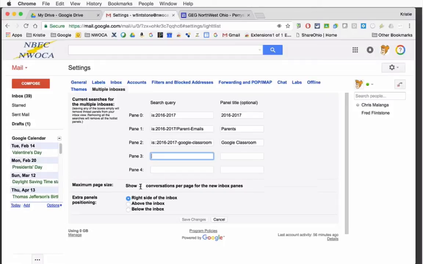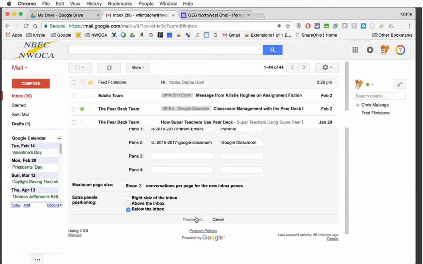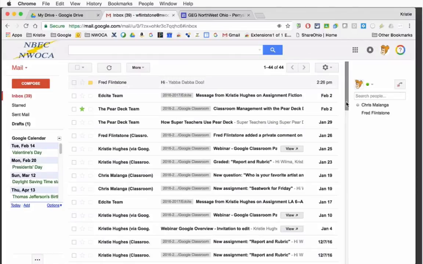You also have the ability, mine's set to 3 conversations per page, but you have the ability to, of course, increase that if you want more messages per page. And then you can decide if you want it on the right side, above the inbox, or below the inbox. Again, if you're looking at this thinking, I don't really like the right side, I'll show you how the below the inbox works. And this is the one that I usually use because I'll look at my inbox, and